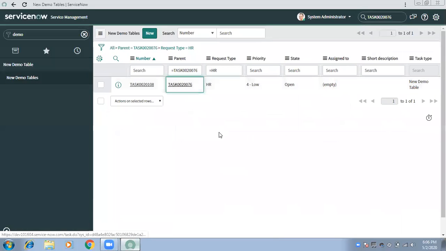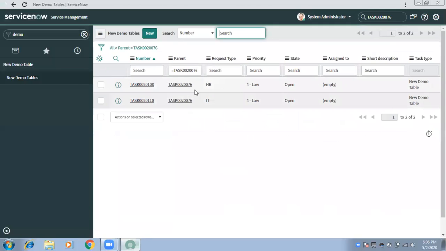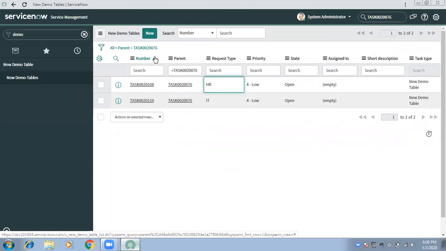I have filtered one more level, because there were two requests where the parent was this, but if I say the parent request type is HR, it's just one request. Getting my point?